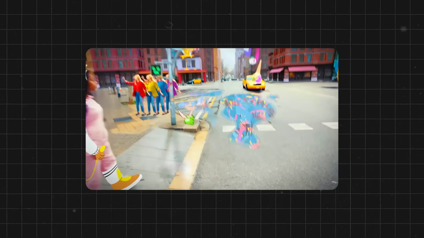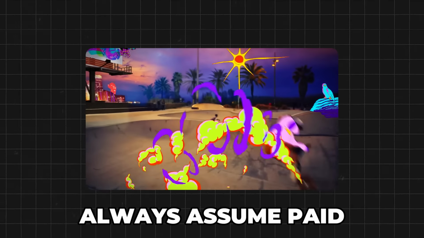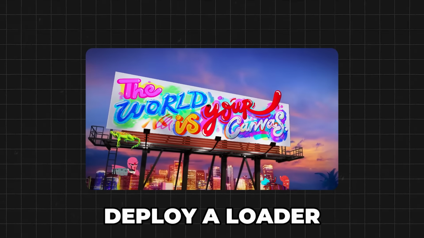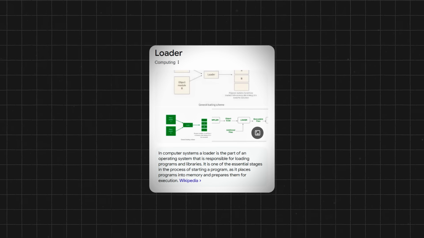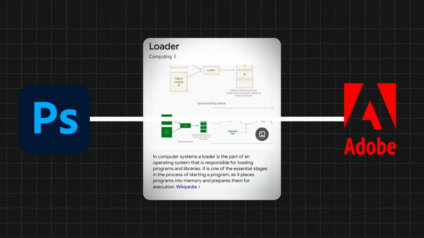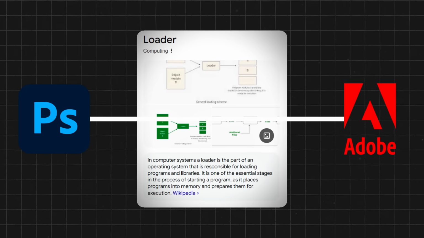There's always the option to also be more direct and inject a patch directly into Photoshop's code and change the check instructions to always assume paid. But if the situation is particularly tricky, we could deploy a loader. Think of a loader like a skilled impersonator standing between Photoshop and Adobe's servers. When Photoshop tries to phone home to verify your license, the loader intercepts this communication in real time and pretends